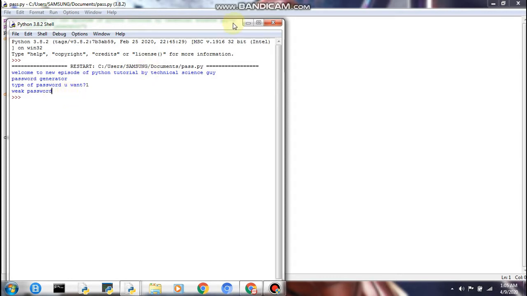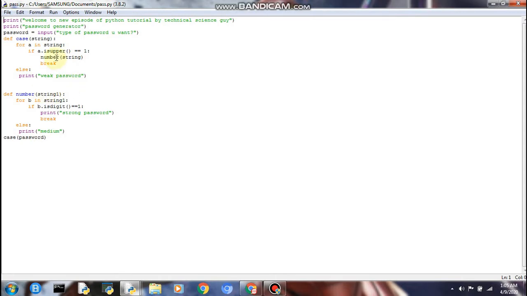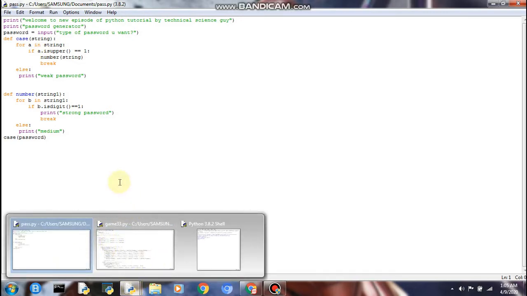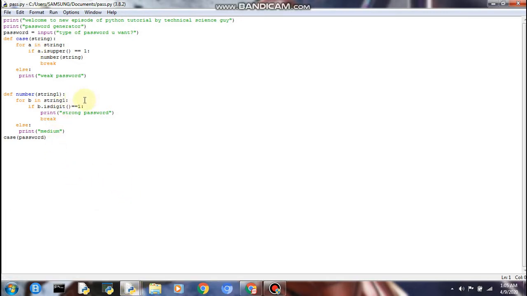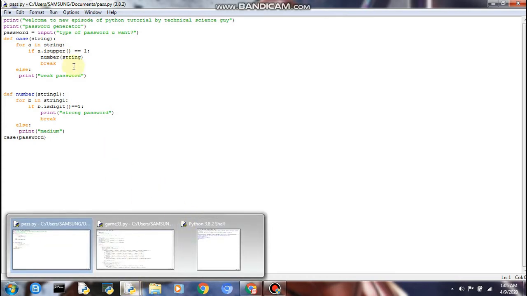So if you want certain other things inside this password generator, first of all you have to read this code. After reading this code, you will be well acquainted with the password generator, because if you do not read this code, you will be in big trouble. You will think that I have given you a wrong code. You will say that this boy has given me a wrong code. So if I just run it again,